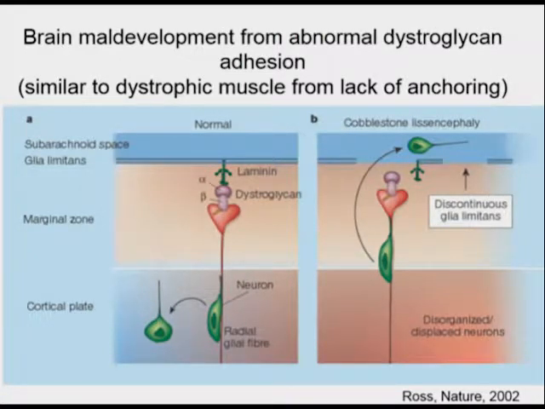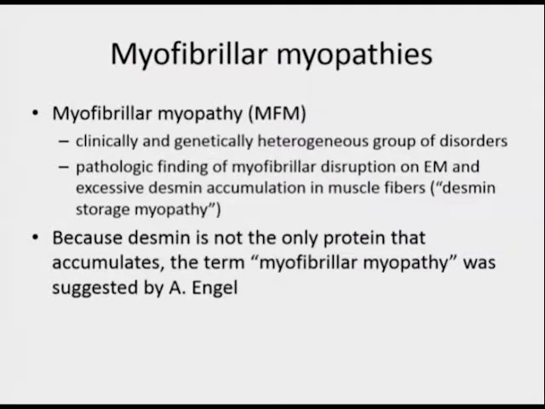So this is an example of a protein that has double duty both in the muscle and in the brain in normal development. In contrast, myofibrillar myopathies have an unusual structural accumulation within the myofiber itself. These are a clinically and genetically heterogeneous group of disorders and show a pathologic finding of myofibrillar disruption on EM